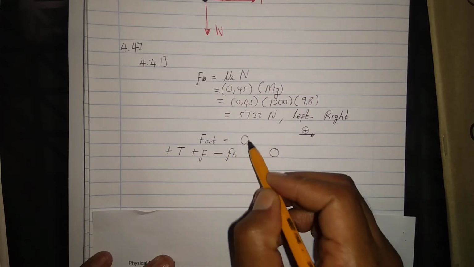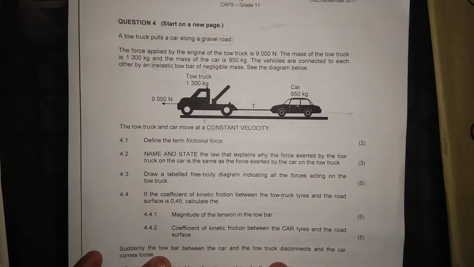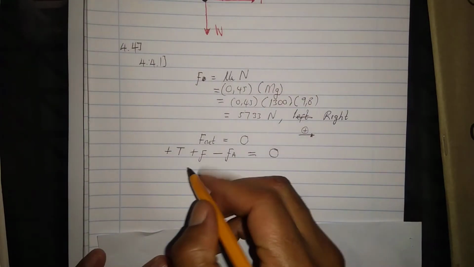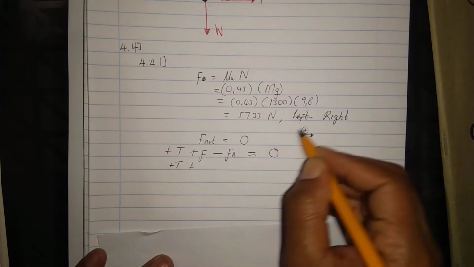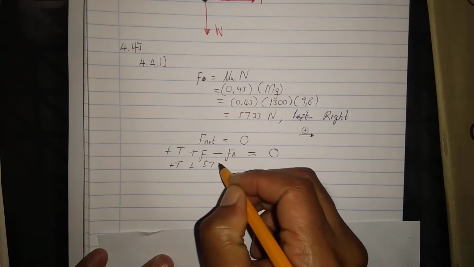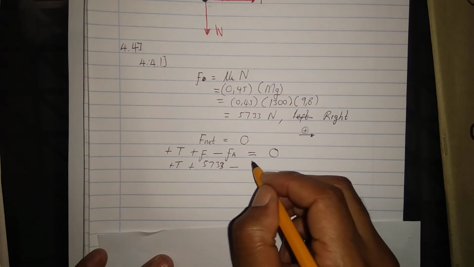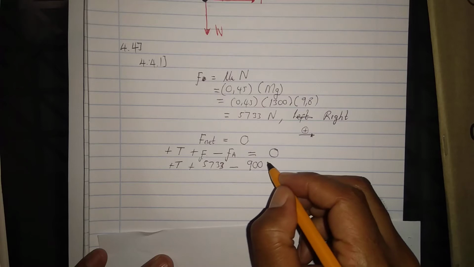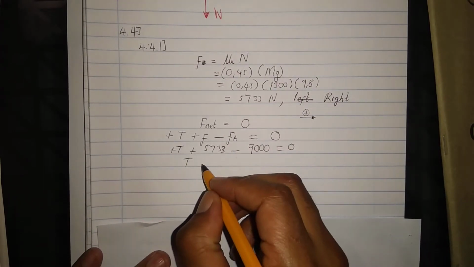0. Why is F net equal to 0? Because there's a constant velocity, and it means this is Newton's first law. Okay, it's plus tension plus frictional force, so I calculate now. Frictional force, which is 5733, minus F applied, the applied force, 9000, equal to 0. Now T